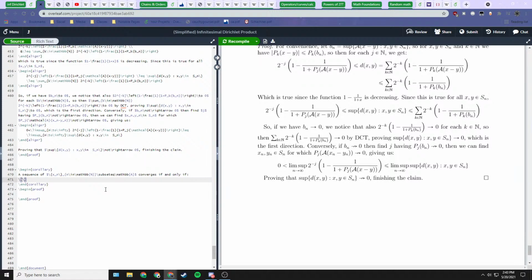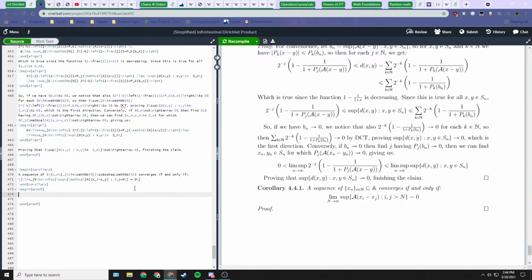the limit as some capital N goes to infinity of the supremums of these diameters, which is x sub i minus x sub j, such that i, j are greater than N. So this limit of the supremum of the difference of x_i minus x_j, such that i and j are greater than N, this limit of these supremums will be 0. It'll converge if and only if this is 0.